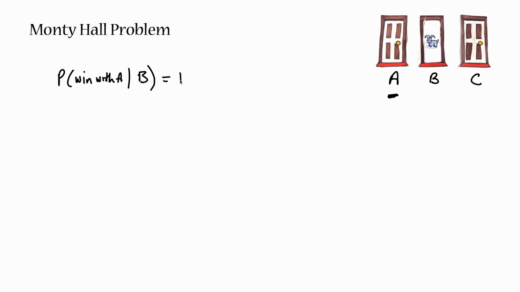So that's going to be the probability that I win with A times the probability that Monty opens B, given